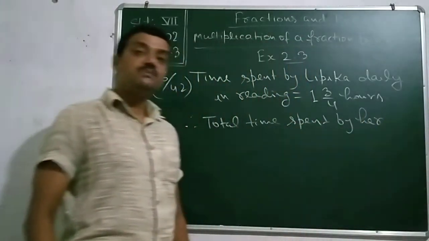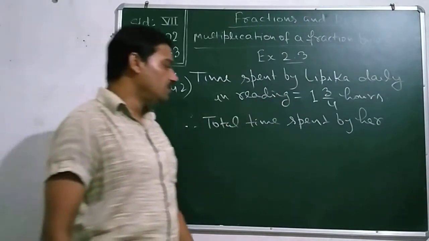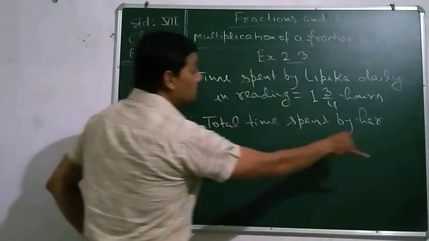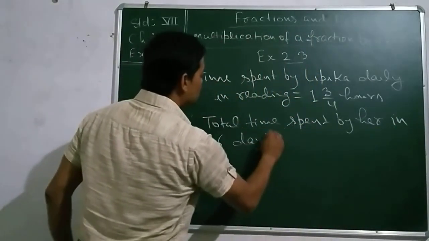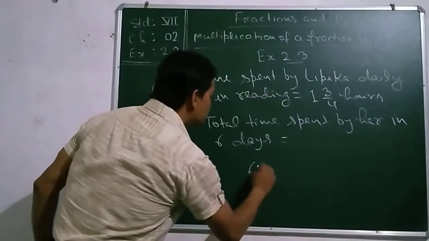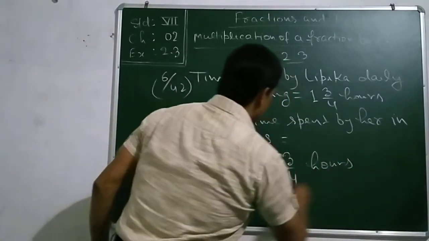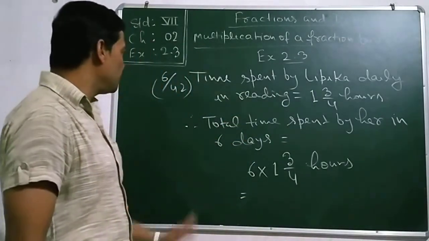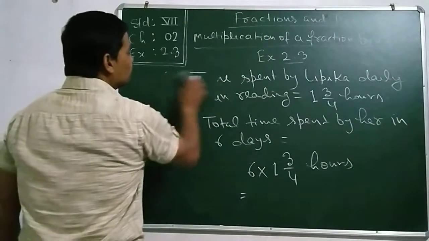Look at the sum. It has been asked how much time she will keep reading during a period of 6 days. That means total time spent by her in 6 days equal to, of course, 6 into 1 whole 3 by 4 hours. Calculate this, you will get the required result. If you have got the sum, come to the 7th one. The 7th sum is